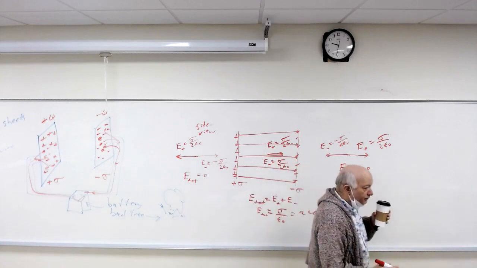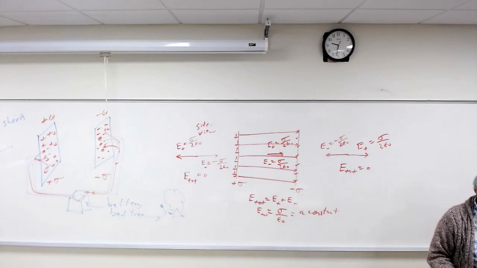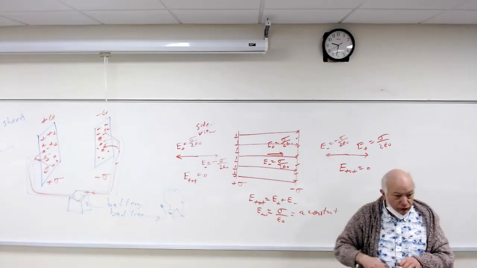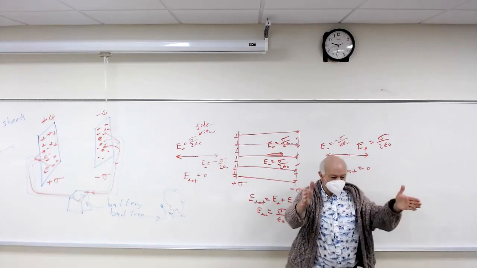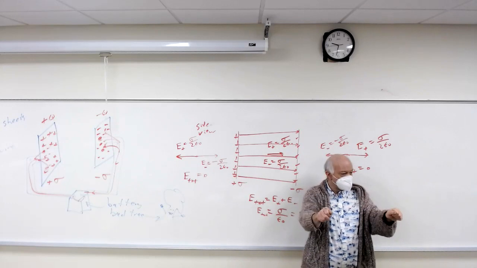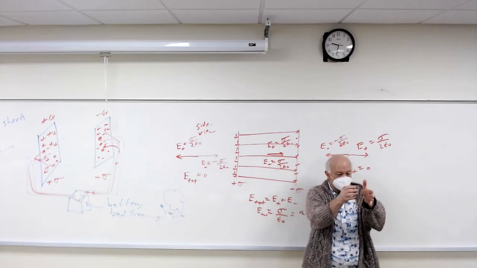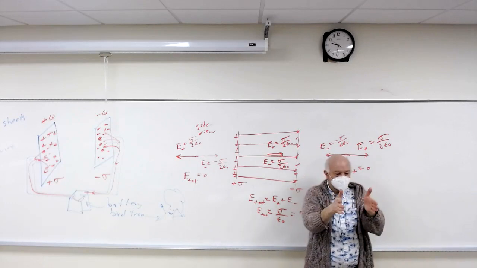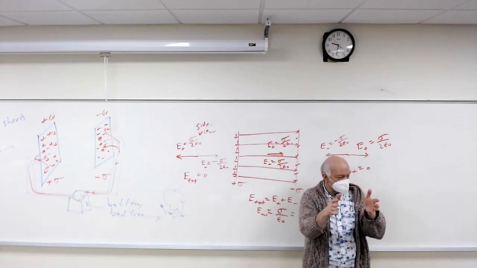So if you're in a lab and you need a constant electric field, how would you make one? You basically go to a kitchen and pull out two cookie trays like this. You hook a battery between the two, and in between, you wouldn't go toward the edges because you'd start getting edge effects. But if you're in the center region here, you're going to have a constant electric field.